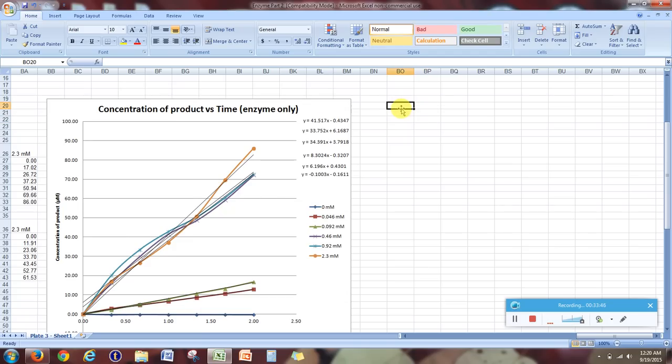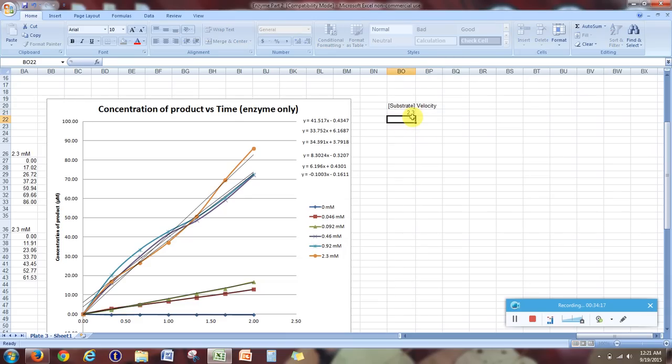So let's think about, remember, Excel expects your X values on the left side when you type in values and the Y values on the right side. And this is going to be velocity versus substrate concentration. So substrate concentration will go on the left side since it's on the x-axis, and velocity over here because it's going to be on the y-axis. So let's just copy these. 2.3, 0.92,